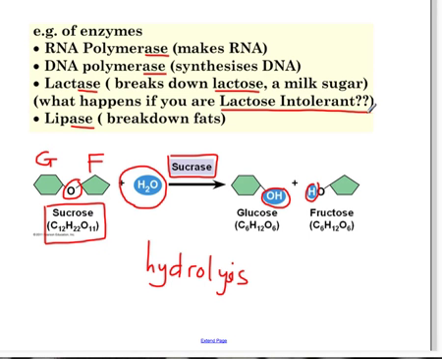What about lactose intolerant people? If you're lactose intolerant, you cannot break down the milk sugar lactose, and you have all sorts of funny tummy problems when that does happen. But because this enzyme works in your stomach, you can actually take a supplement and get it right to where it needs to be. So most of our proteins would get digested like a steak dinner, but an enzyme that has to operate in your stomach, you can just take it orally